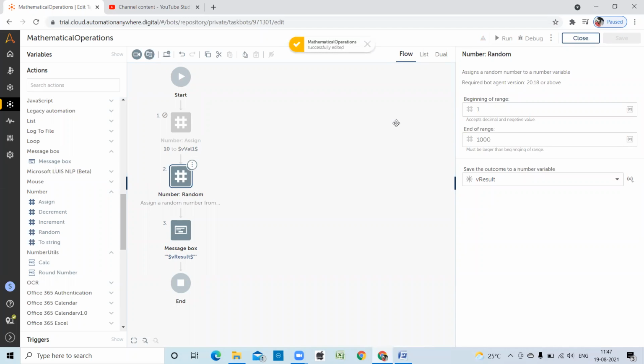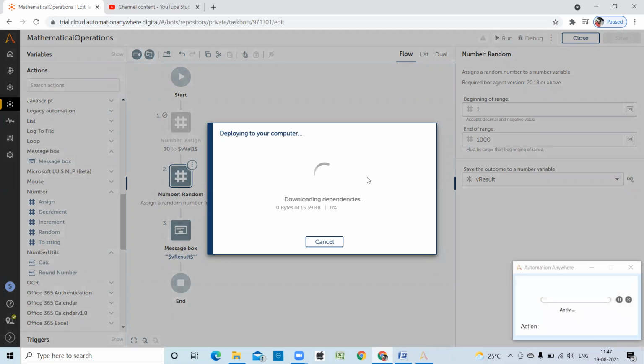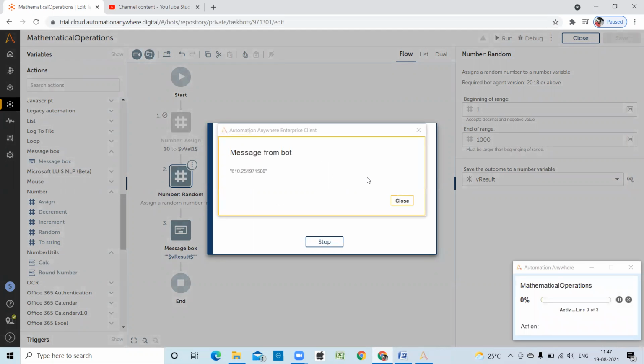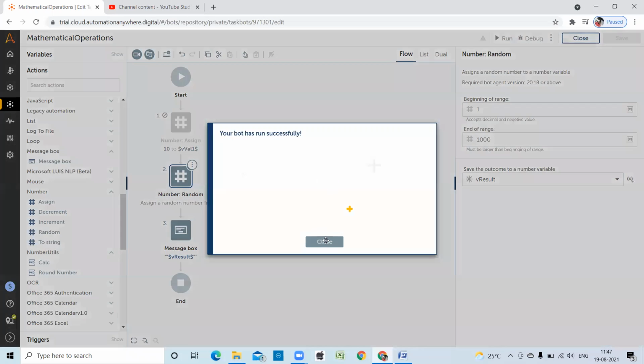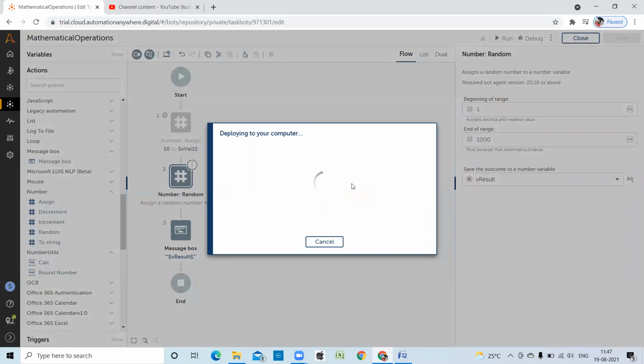Say 1. You can see, now we got a random number. Now again I am running the bot.